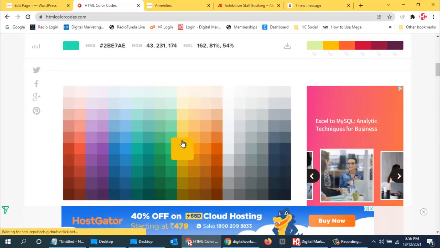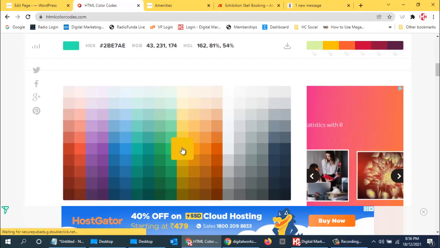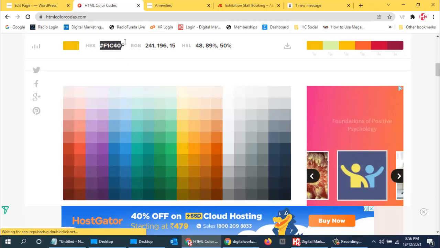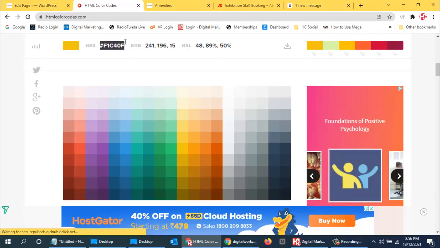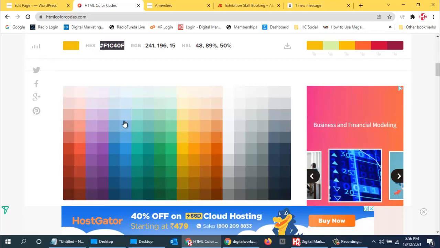So if you want this color, you just click on it, and that color will come up on the top, and then you can copy this code. So that is the code of this particular color. So whatever you have selected over here, that color comes up over here. So any color, see, I click on this, so see that color is coming up over here, and this is the code for that color. So like that you can use it anywhere. So this is a very good website for this color.